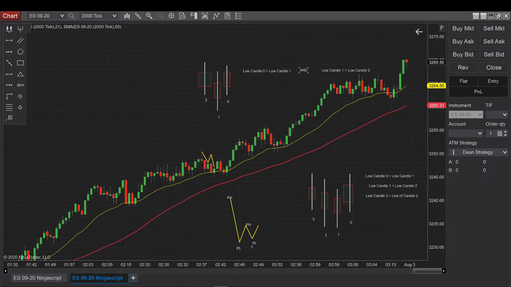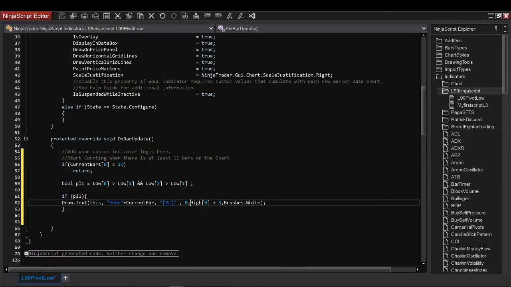So I'm going to put it at the low of candle 1, one point below the low of candle 1, and I'm going to put it in white color.